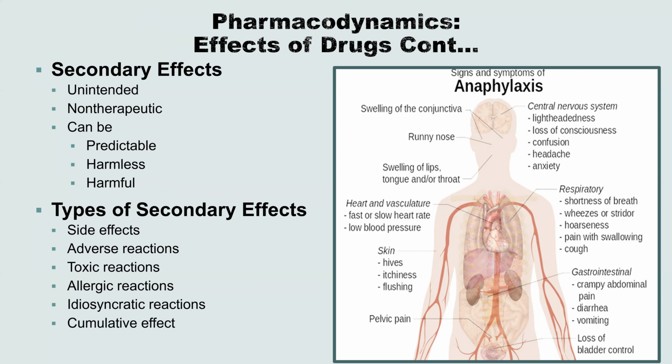So the types of secondary effects. First, side effects. These are unintended, often predictable physiological effects that usually are well tolerated by patients, okay? You need to know the difference between side effects and adverse effects, okay? Side effects occur at the usual prescribed dose and may be immediate, such as dizziness, or they may be delayed, such as constipation, okay? For hospitalized patients, you will most often see side effects caused by analgesics, which are pain medication,